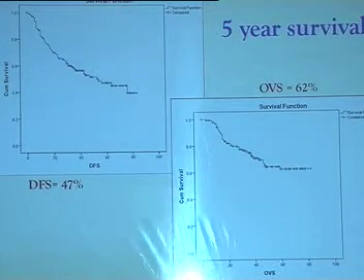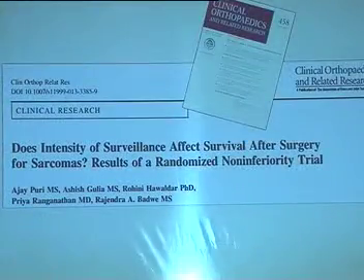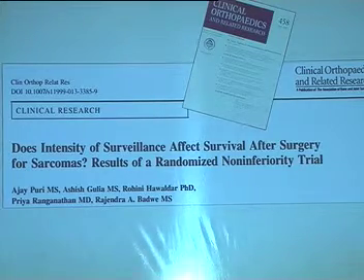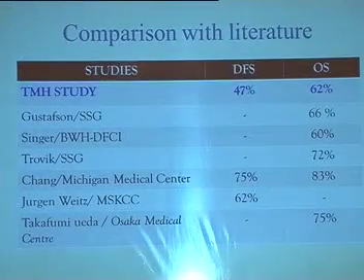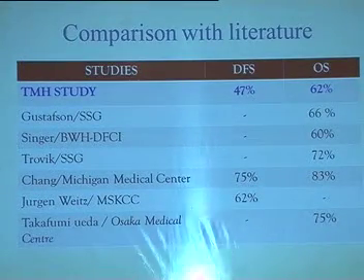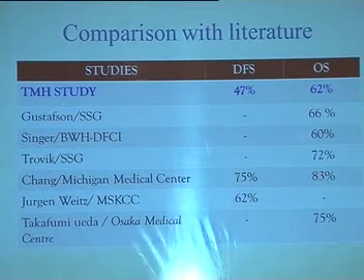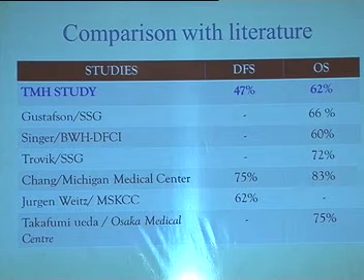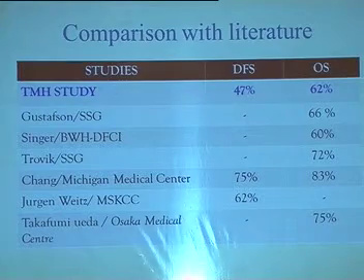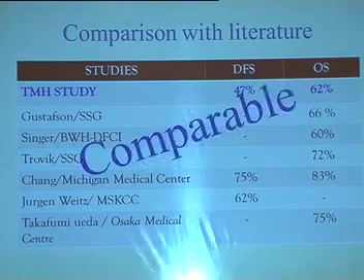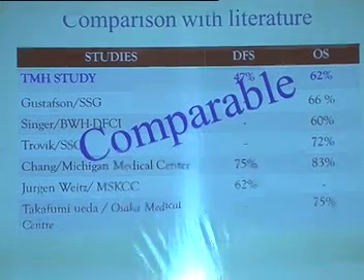This is the Kaplan-Meier curve showing disease-free survival at 47% and overall 5-year survival of 62%, which is quite good. These results were recently published in CORR in 2013 and have been accepted worldwide. We also compared the results with international studies, and we can see that the results are comparable except for a few Western studies. We tried to analyze them, and we saw that most of the tumors in those studies are primary and very, very small tumors. So otherwise our results are comparable.